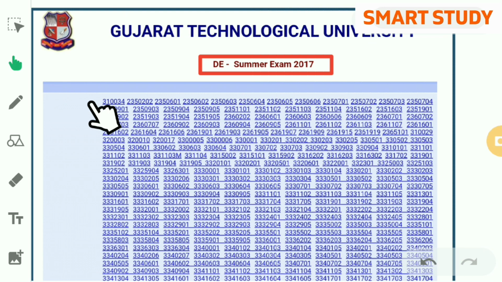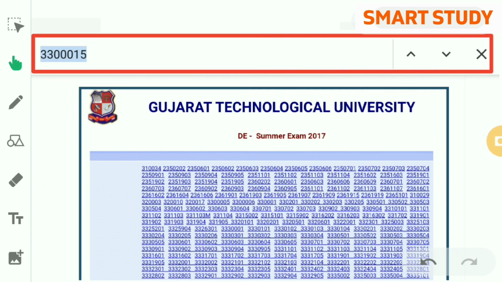So this page will open. Now open the find option, enter the subject code 33000015 of the FME subject, and again enter.